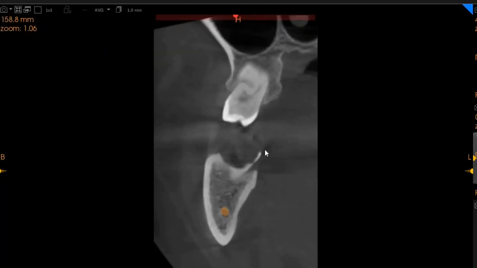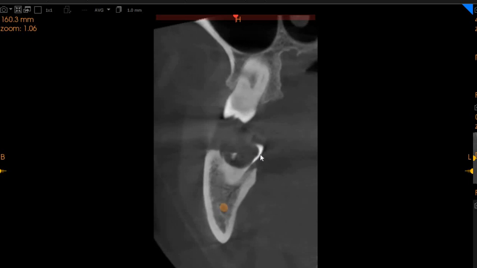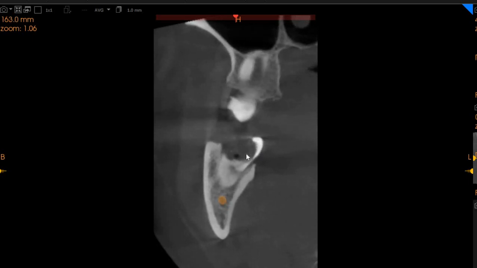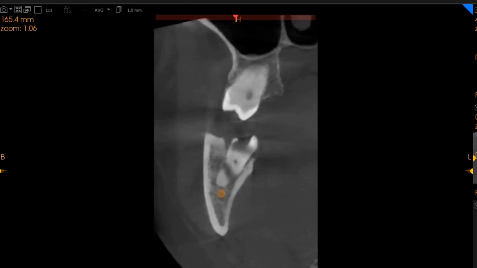you that the lower left third molar, this is the lower left third molar mesial segment, is grossly carious. There's no crown structure left, and most of the caries is subcrestal. We've got a very thick buccal cortical plate here. Approximately the mesial root is just 2 millimeters away from the nerve, but as we move towards the distal aspect